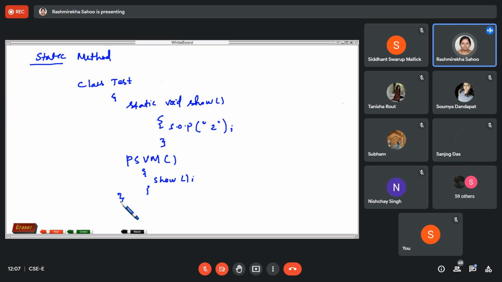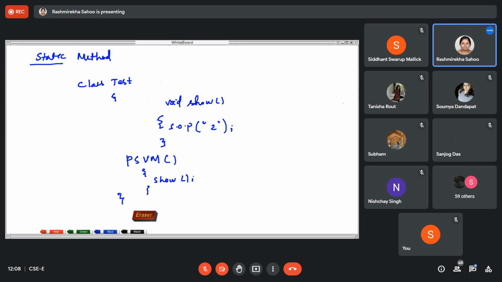If you write simply void show, if it is not a static method, then you can't call it like this. You have to create the object. So in this case, it is mandatory to create the object of this test class, test t, then t.show.